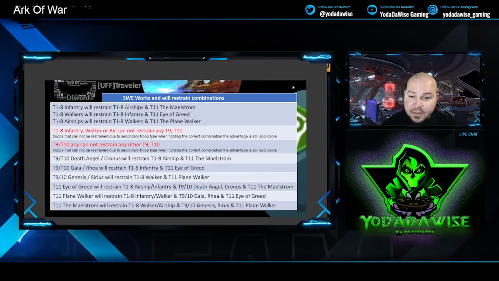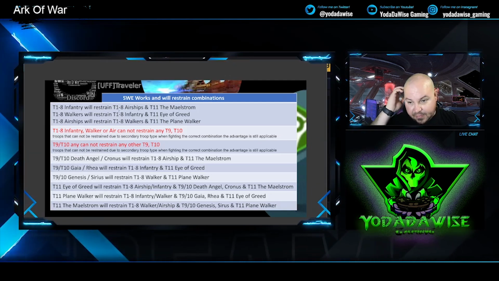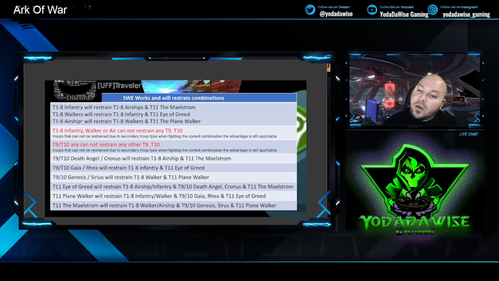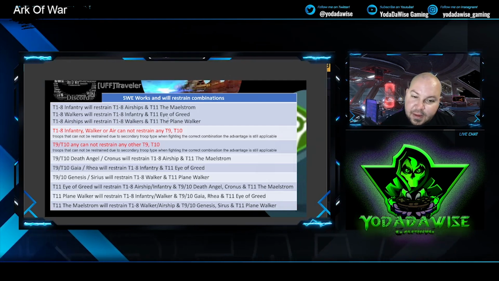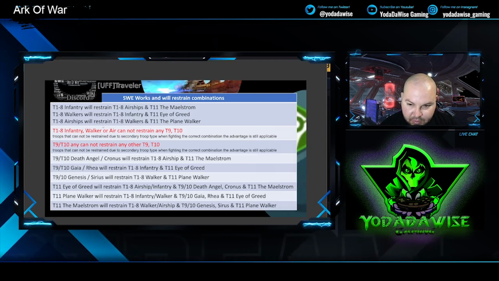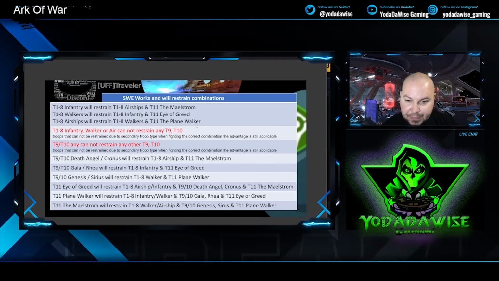So let's talk about strength and weaken effect and how it works. What this means is 1 through 8 airships and the Maelstrom T11 will be restrained by any 1 through 8 infantry. 1 through 8 walkers will restrain 1 through 8 infantry and T11 Eye of Green. 1 through 8 airships will restrain 1 through 8 walkers and T11 the plane walker. This also means that